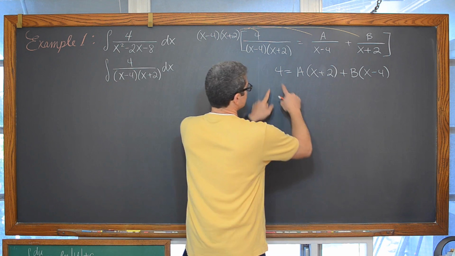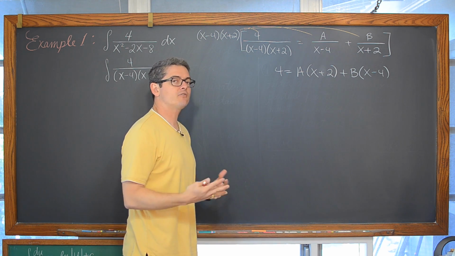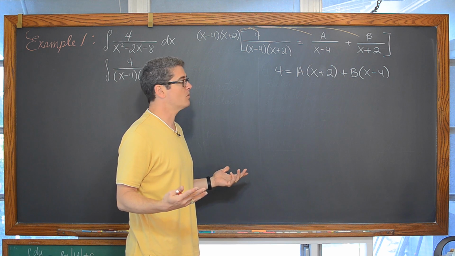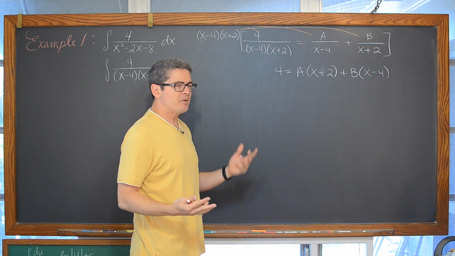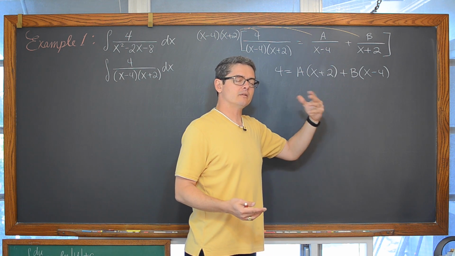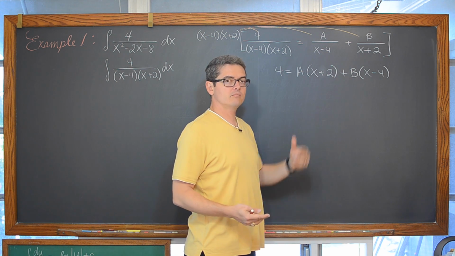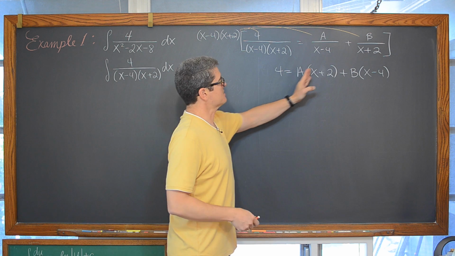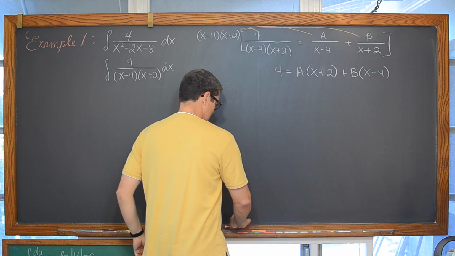I'm going to go ahead and say, well, the two sides of this equation, they have to be equal regardless of what x is. So can I pick some x's that will allow this to fall apart and let me solve for one of these variables at a time? Now I'm talking about the constants a and b. Let's let